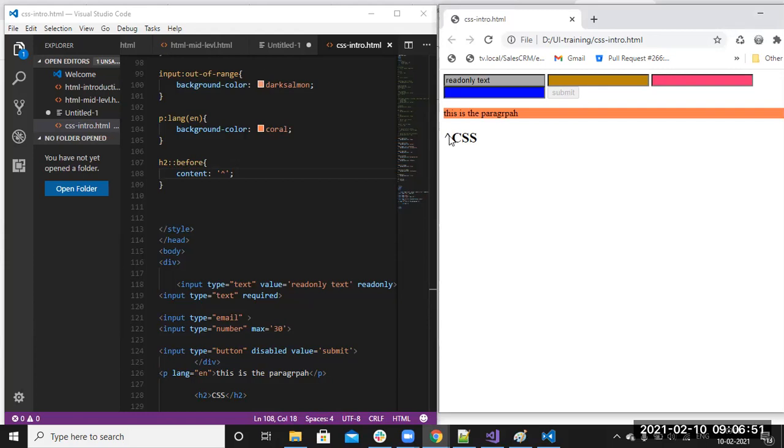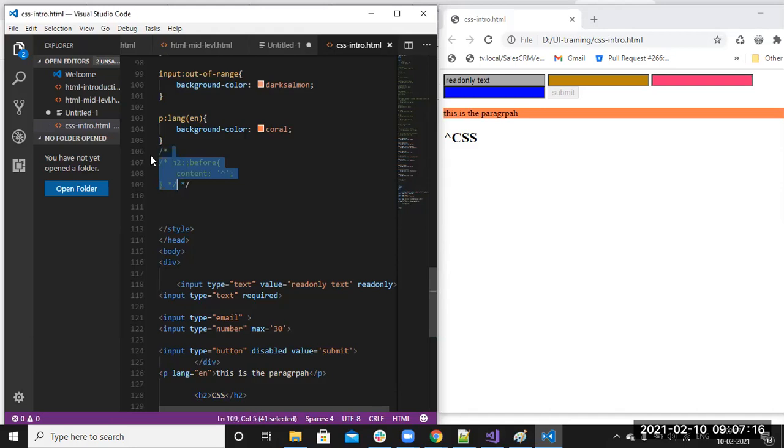That cap symbol came here. Colon before means it came before. So what I will do, I'll copy and comment this. See, like this also we can apply, and this way also.